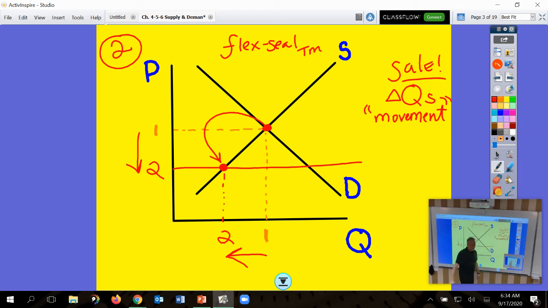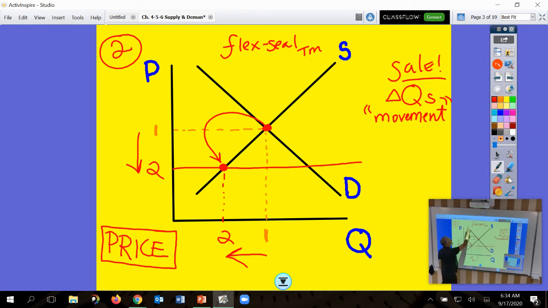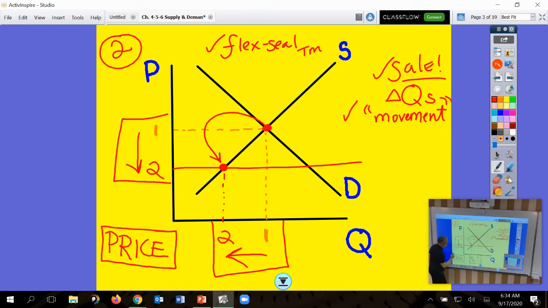The only reason I can draw a movement is right over here on the side, price. So now we should have all pieces or parts of the equation, our market, our situation, the effect, price, we knew that, we were given that, quantity,